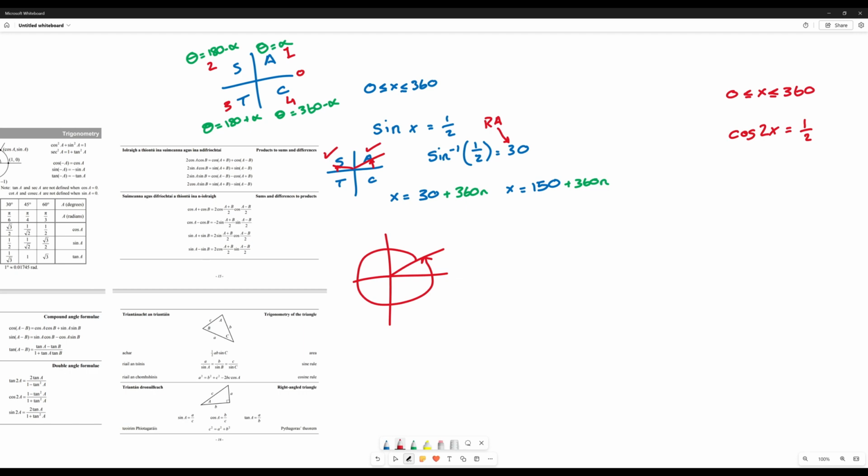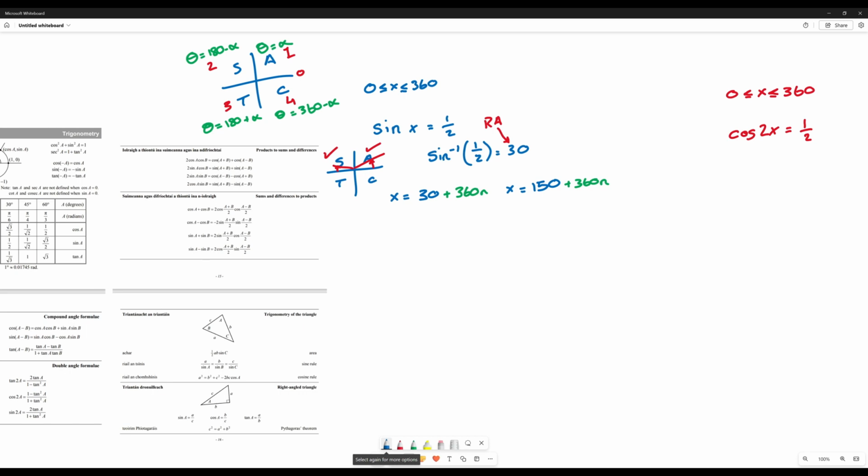It does not care. You could go around and around and go back to the line. It does not matter, because we're just at the line, right? So it does not matter. So that's why there's an infinite number of answers. You could just keep adding on 360 till the end of time, and it would still work. And that's why they said, okay, only give us the answers between 0 and 360, because otherwise you'd have to